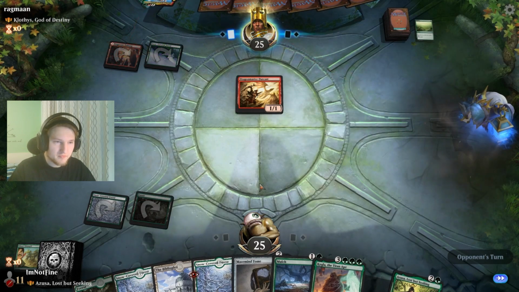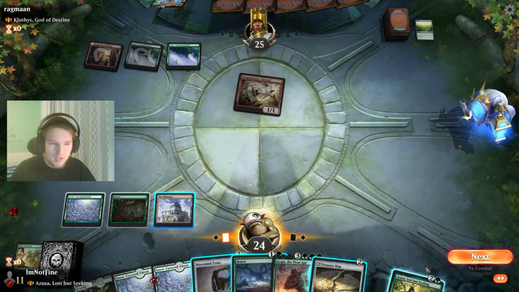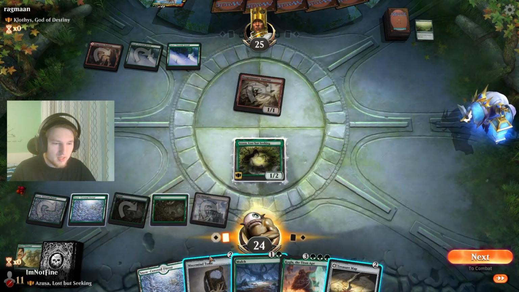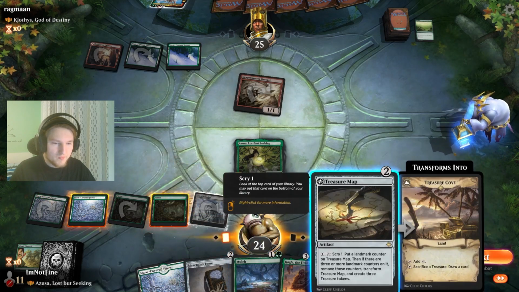Explore, sure. Another land, pass to me. And Azusa. Land, and what is it going to be? Either Maze's End or Treasure Map, right? Kind of like...